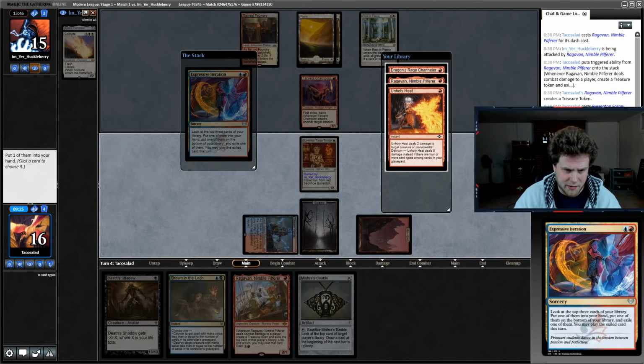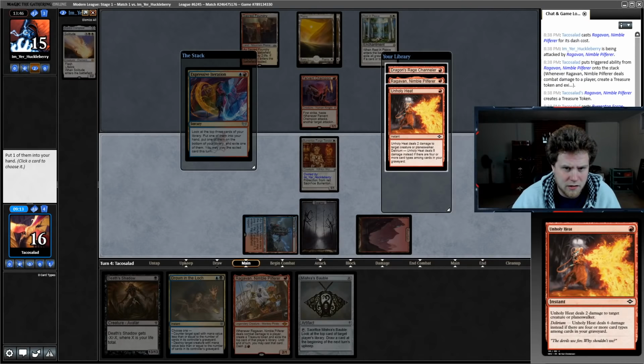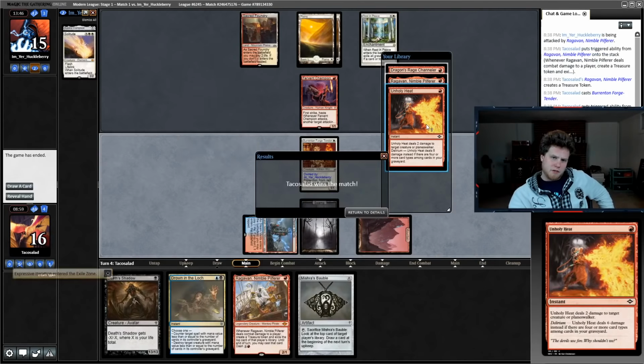Well, that sucked. That was so bad. Ugh. Don't want DRC. I don't want Ragavan. And I guess I'll take Unholy Heat. It might be Ragavan, though. Unholy Heat for this. God, that was so bad. What a hideous Expressive. I do think the removals...